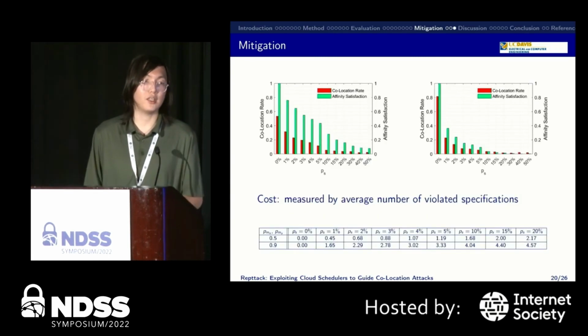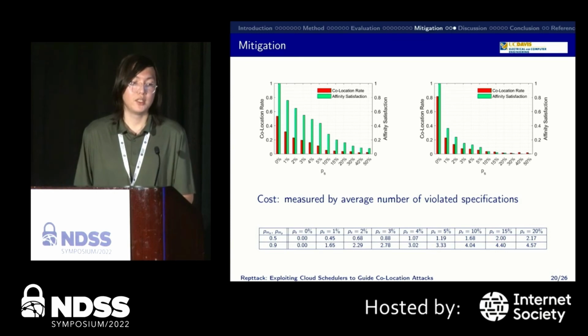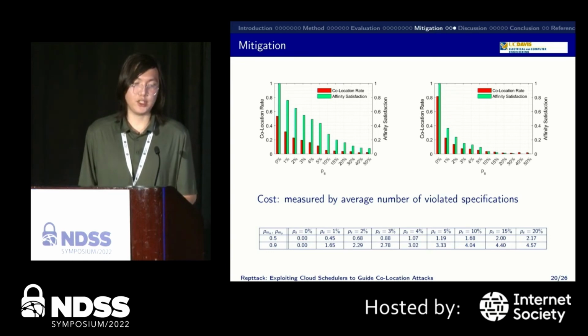So how successful is it? We can see from the first two figures that by introducing this random skipping of the filtering step, we are able to decrease the collocation rate. If we keep the random skip parameter at 5%, from the first figure we can see that the collocation rate is dropped by around 60%. And the cost here is measured by the average number of violated specifications, and we can see from the